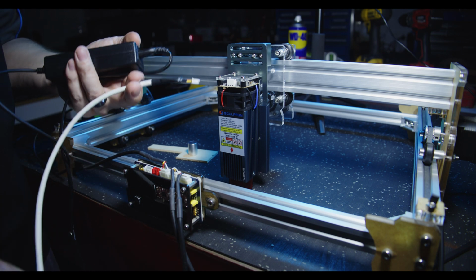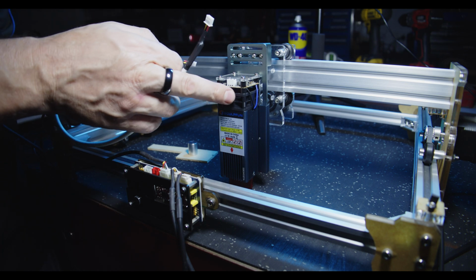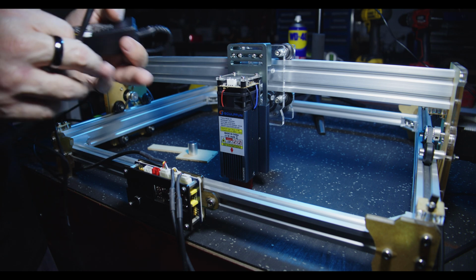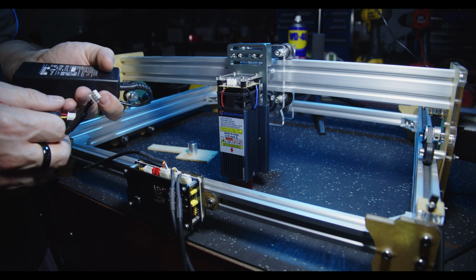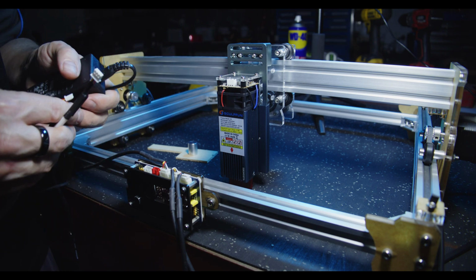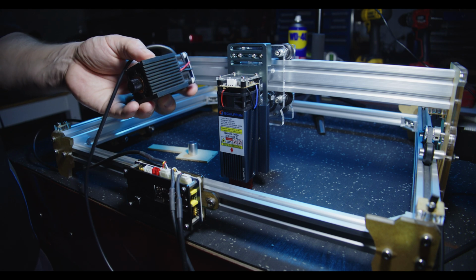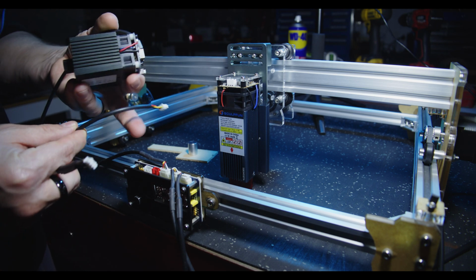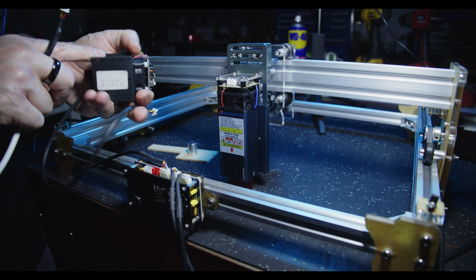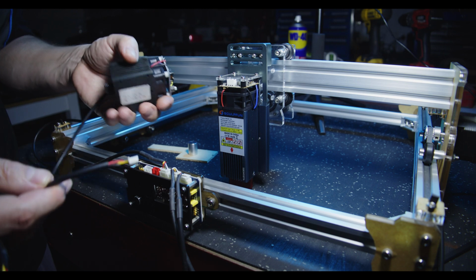We're going to try this for now and see how it performs. But if we do have a noticeable drop in the fan speed or the pitch changes, we probably suspect that we're not getting the power required to the laser, which is going to affect performance. So let's plug it all in, fire it up, get underway with some first tests. Before that though, I will make note that what I've just explained, where the fan speed drops and pitch changes during high laser output events, this laser actually did that as well. So that leads me to